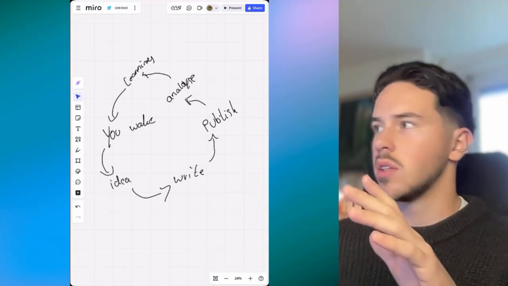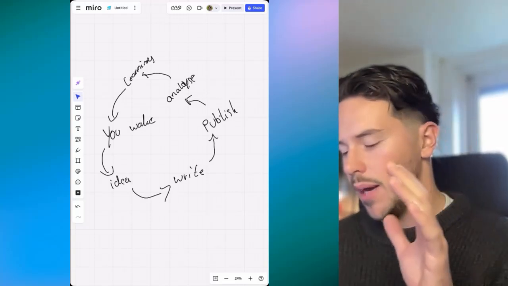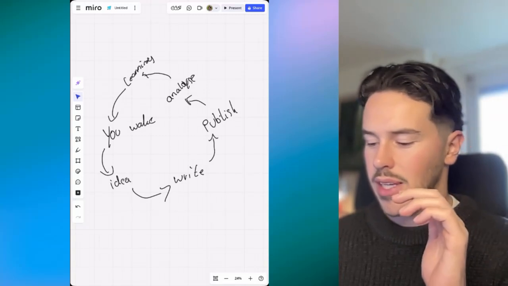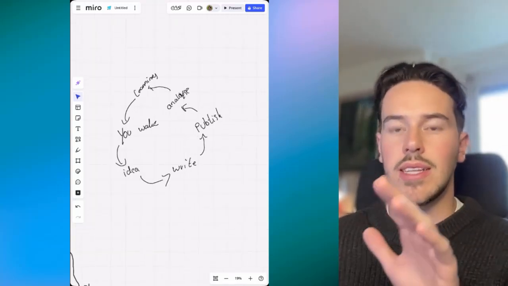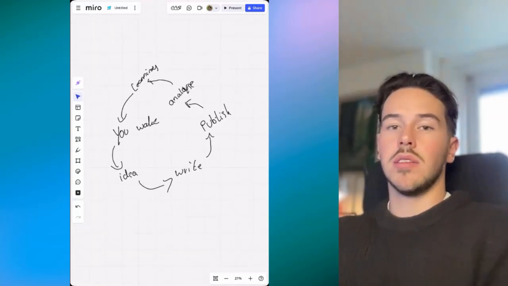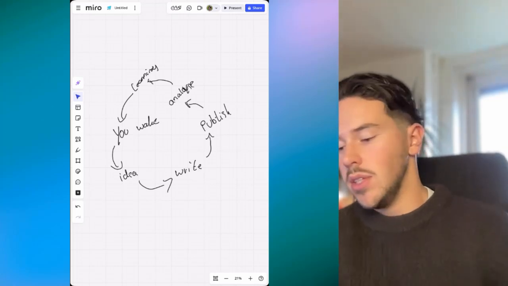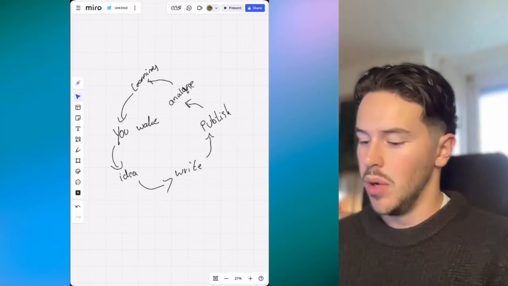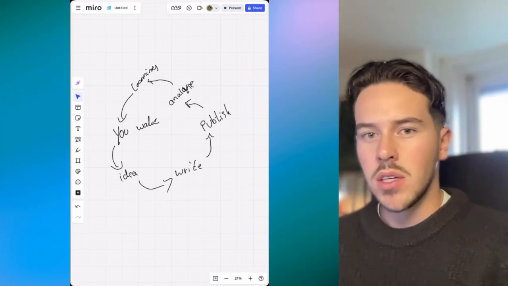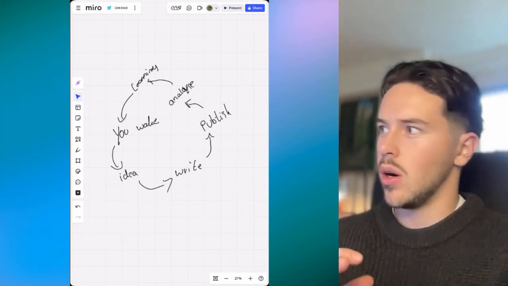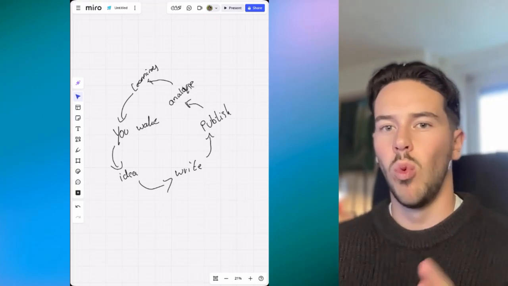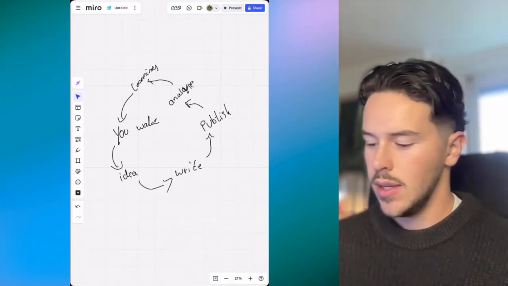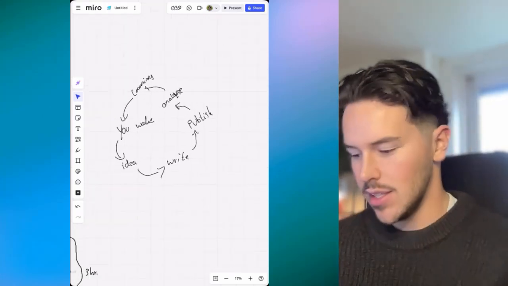So this is for most of you guys, I call it the content hamster wheel. So it's a big cycle of time-consuming activities. So imagine from the start point to the last point that you finally publish it. I would say most of you maybe spend an hour or an hour and a half for just one piece of content. And so let's translate this.